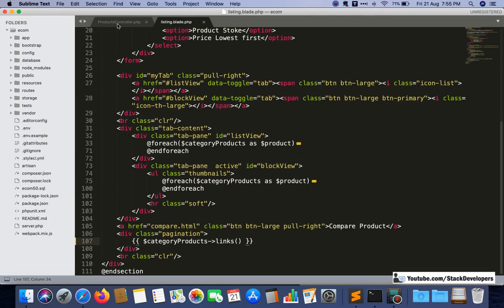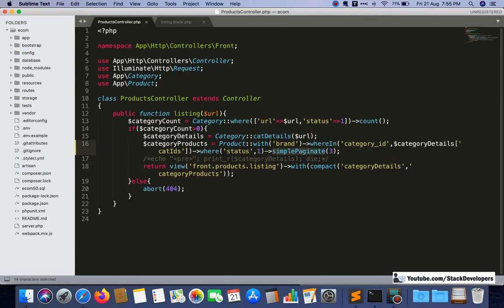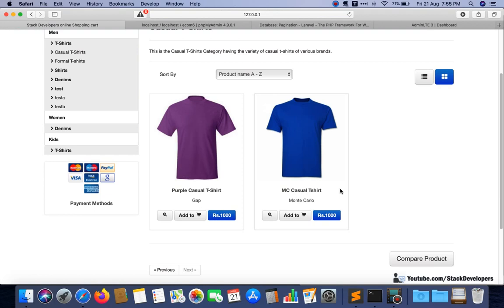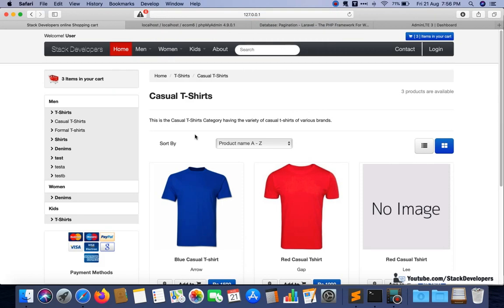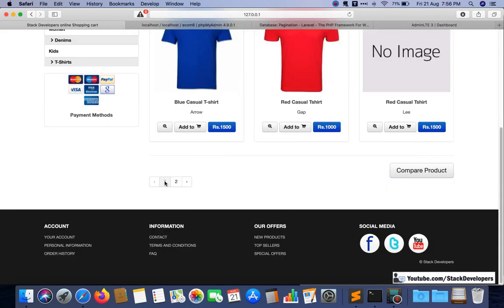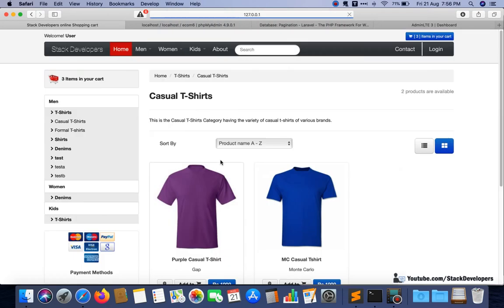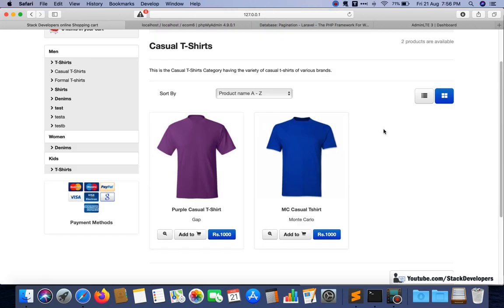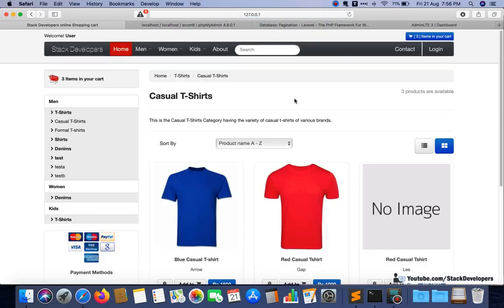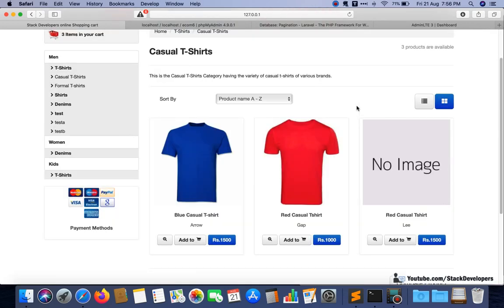Okay, so another method we are going to use now: instead of simple paginate, I will use the paginate method this time, so that the page numbers will also come. Let's see. Here I refresh, and you can see previous and next coming as icons, and here you can see 1 and 2. You can go to one page, and then see, one is light, now you can go to the second page as well. So along with previous and next, numbers are also displayed in the pagination with the paginate method. These two things we have done.